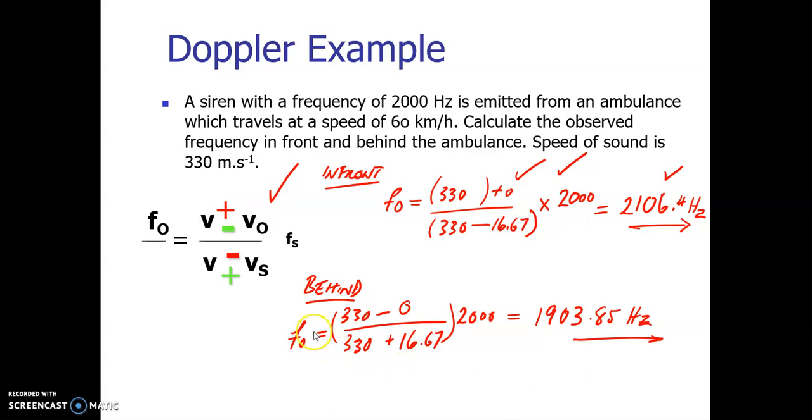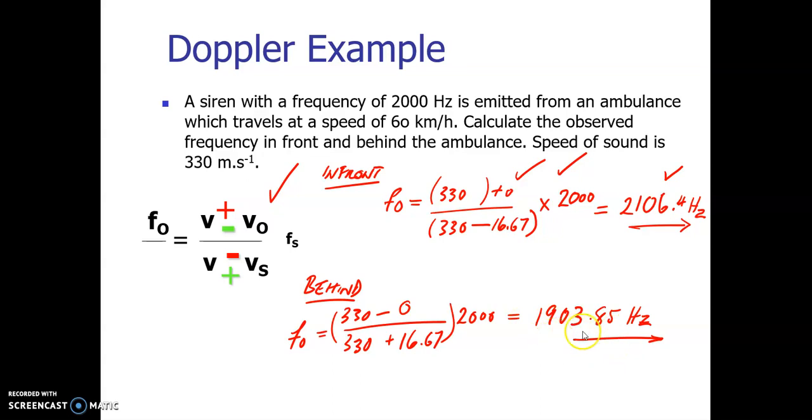Behind, your calculation is very similar, using the same formula again. Substitute the speed of sound, which hasn't changed. There's still no velocity of the observer, but now you're talking about an observer behind the object, and so the source is moving away. If the source moves away, it needs to decrease this fraction. In order to decrease the fraction, you have to add on the bottom. So now we're adding that same velocity here and then multiplying the answer by the original frequency,